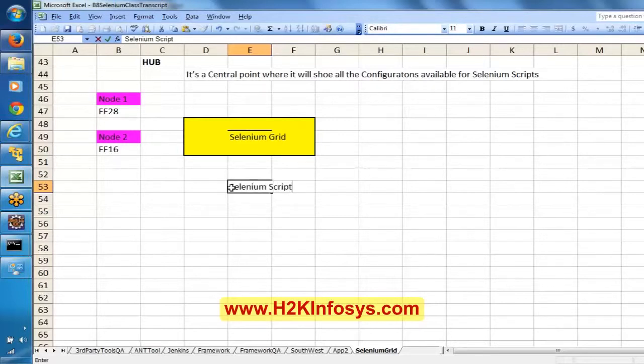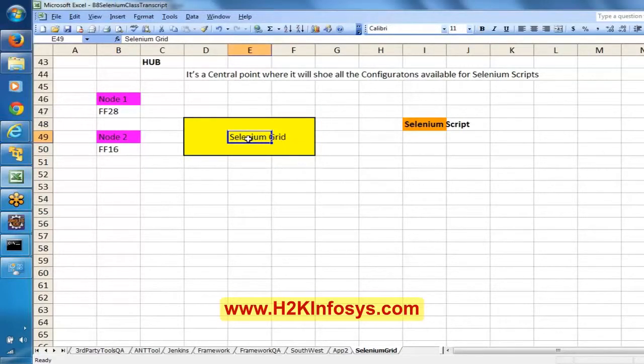In earlier cases, in the Selenium script itself, we would directly open Firefox. Now, if you want to open this browser, we have to connect from the Selenium script to the Selenium grid.